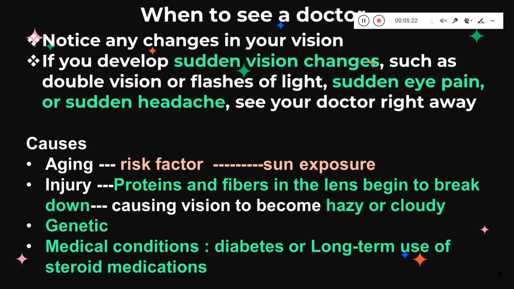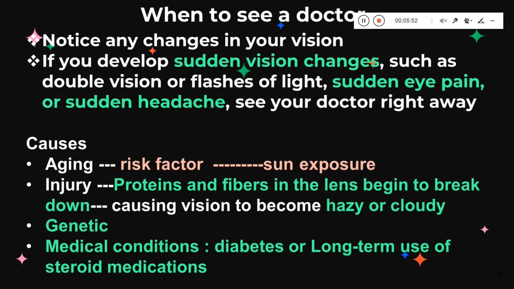And coming to the causes, one major reason which is predominantly seen is that the people suffering from cataract are usually older people, like maybe 40, 50, 60. So it starts from 40 and it can go even up to 80, 90, depending upon the age. So age is one risk factor. And one more thing is sun exposure. In the case of sunlight, UVB light leads to more damage to the eyes. So you need to be very careful. You need to wear your goggles and other protection whenever you're exposed to sunlight so that you reduce your